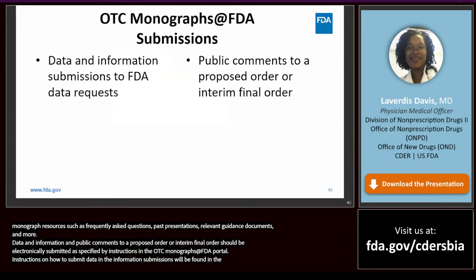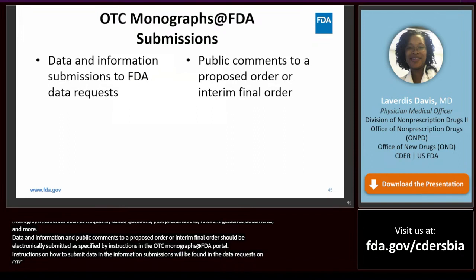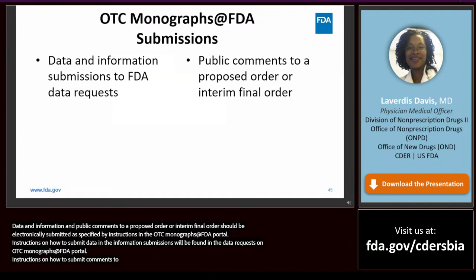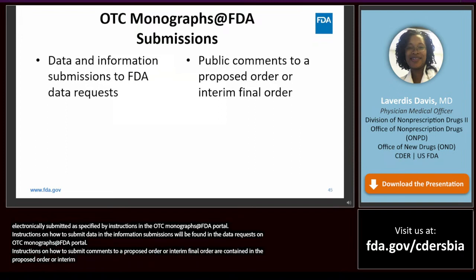Instructions on how to submit public comments to a proposed order or interim final order are contained in the proposed order or interim final order posted in the OTC Monographs at FDA portal, including how to submit public comments that include confidential information.